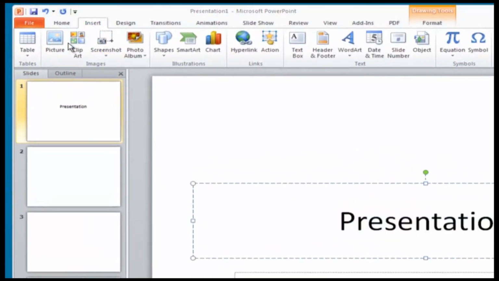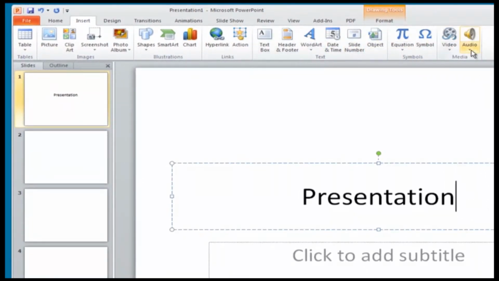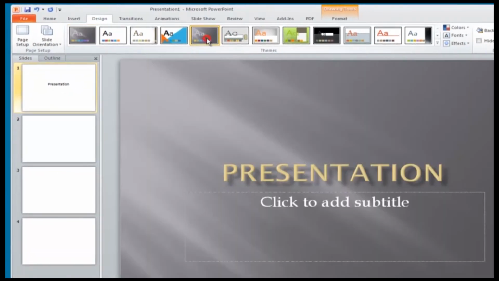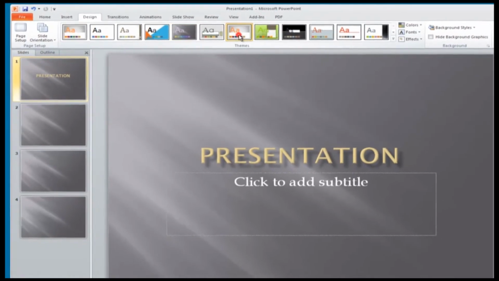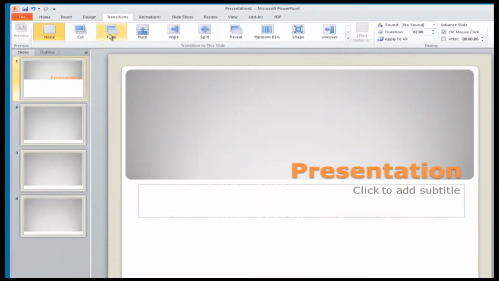The Insert tab allows you to add a table, picture, text box, or other items, including video or audio. Next, Design, which allows you to choose an attractive background and theme. The next tab is Transitions, a little more advanced feature that allows you to choose the way your slides switch